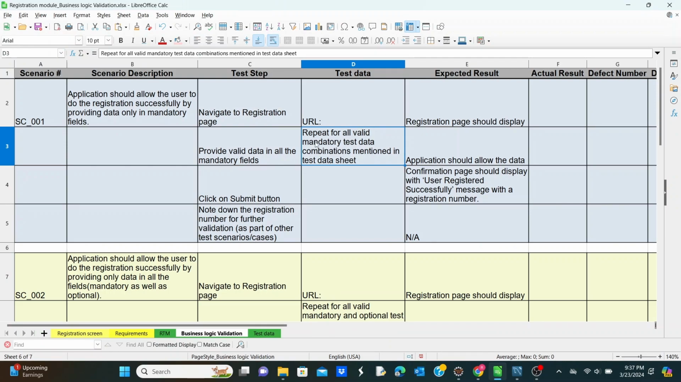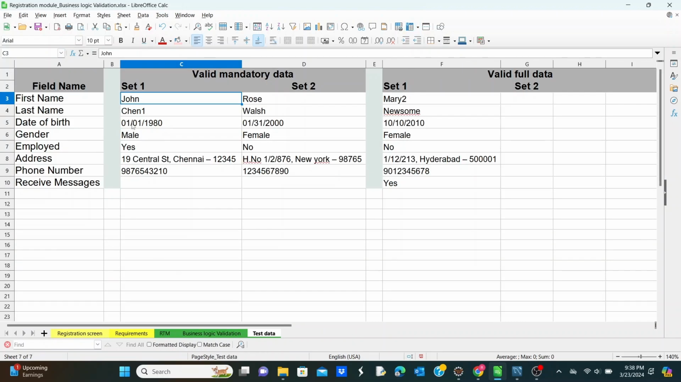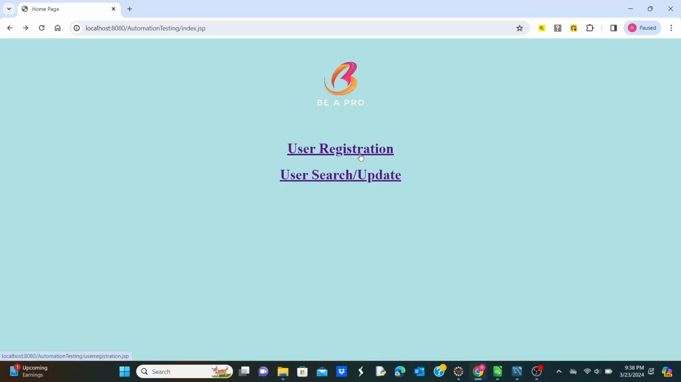After providing all that information, we need to click the submit button and verify whether the user registered successfully message is coming properly with a registration number. And later we will note down that registration number to validate the other test cases. Let's execute the first test case. Navigate to the application